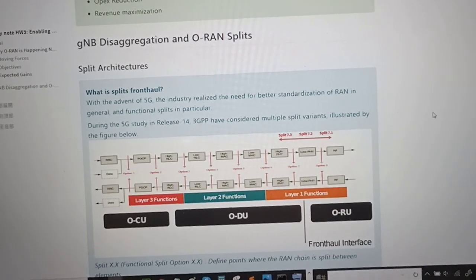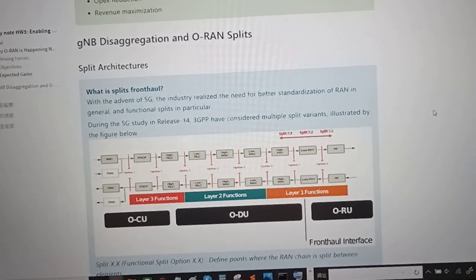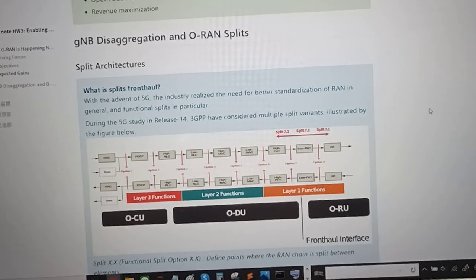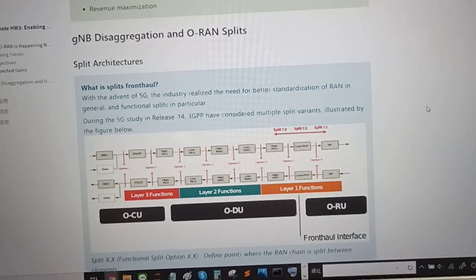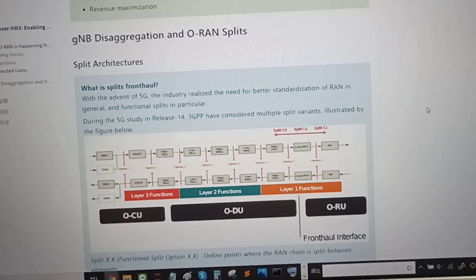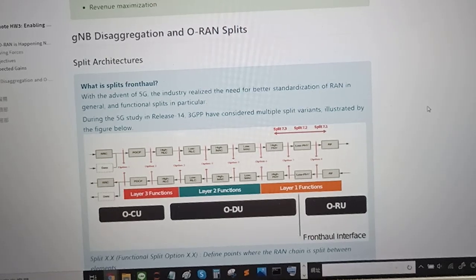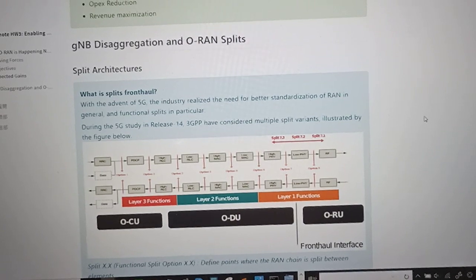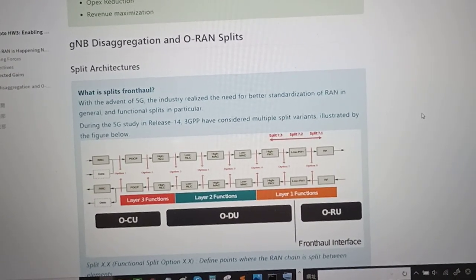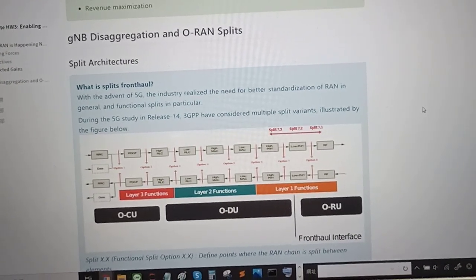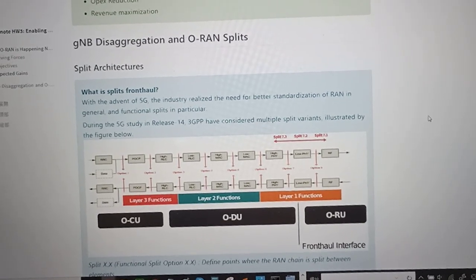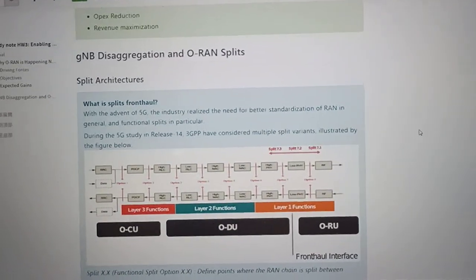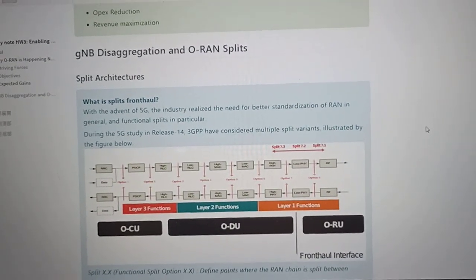With the advent of 5G, the industry realized the need for better standardization of RAN in general, and functional split is very important. So during the 5G study in Release 14, the 3GPP considered multiple split variants,